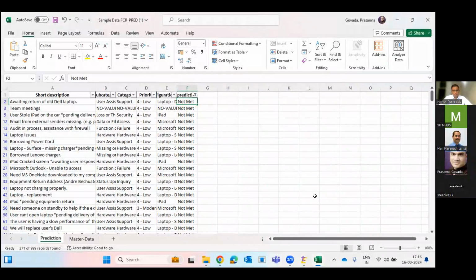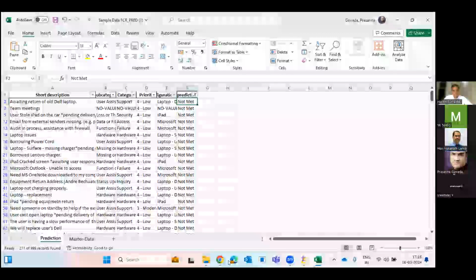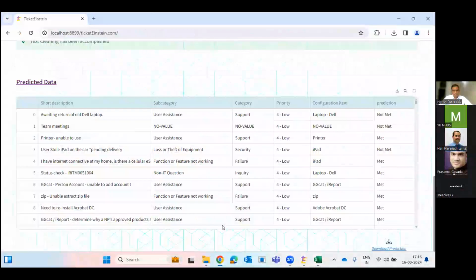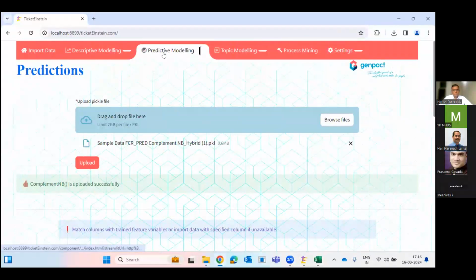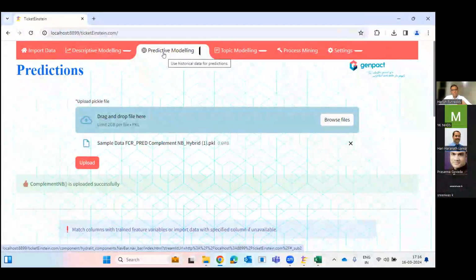That is how I use this tool basically, or this prediction basically. So this is the capability that we enable for predictive modeling. So as you would guess, I've just given an example of a very simplistic model that we have created, that is for a first call resolution. It might be for an SLA met or a not met. Harish has done quite a few in his area, bridge call and all that. Time permitting, we will also concentrate a bit on the use cases.